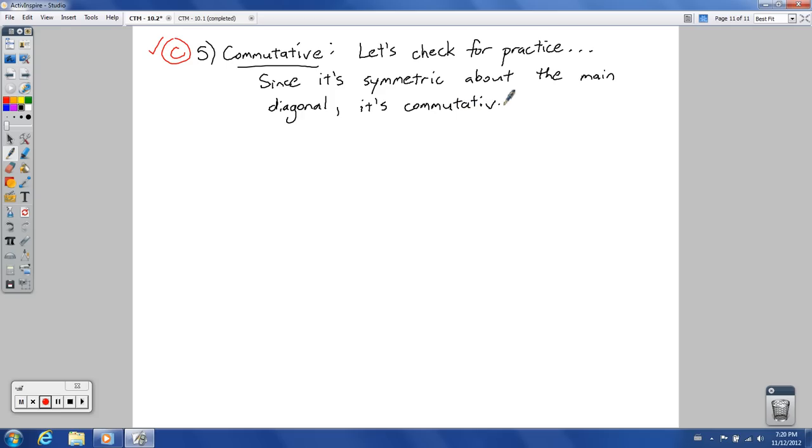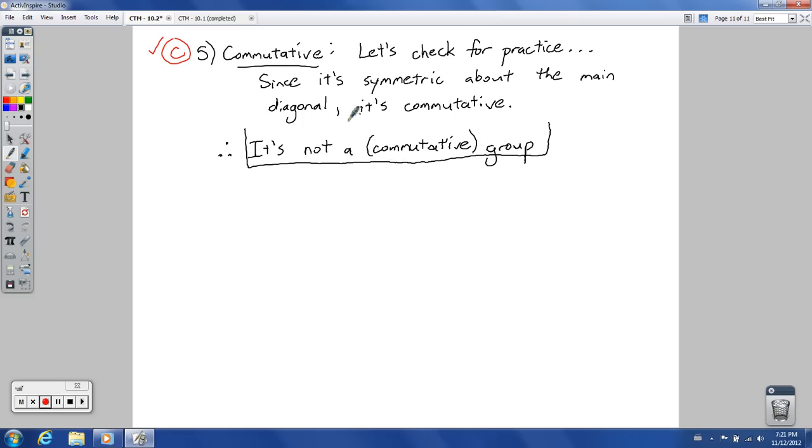And so what do we say in whole, or with the whole thing? Is it a group? It is not a group because step 4 didn't work. So we can say it's not a, and I'm going to put commutative in parentheses because not only can we say it's not a commutative group, but we can even say it's not a group whatsoever because the associative property didn't work. So it's not a commutative group since step 4 didn't work. So let's box that in. That's our answer, and we'll write that as our justification since step 4